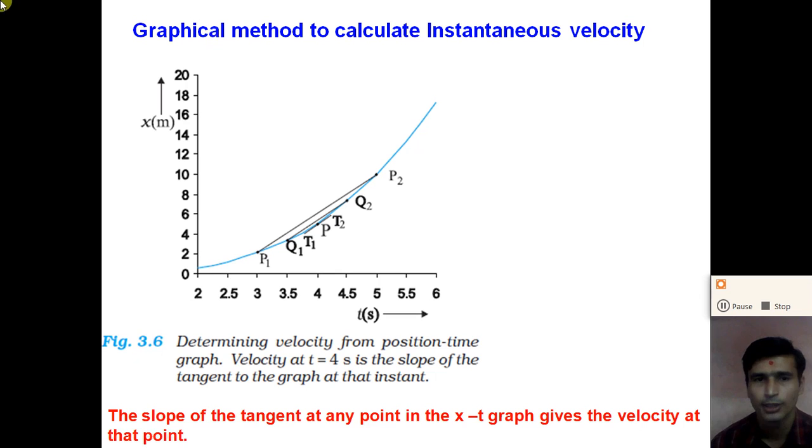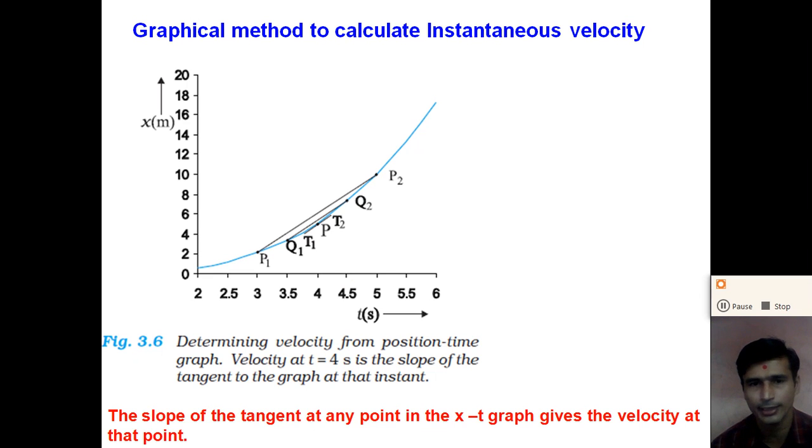So now reduce the time interval. In the first case we took a time interval of 2 second, t equal to 3 to t equal to 5 second. Now reduce the time interval, we take 3.5 second and 4.5 second and calculate the average velocity. It is closer to the instantaneous velocity at t equal to 4 second. Now again reduce the time interval, t equal to 3.7 and t equal to 4.3. So as we decrease the time interval, we get closer to the instantaneous velocity at t equal to 4